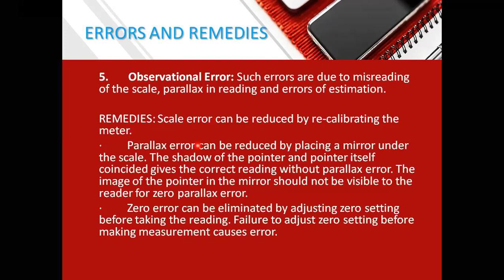The other one is parallax error. We have to take the reading, and there is a gap between the pointer and the scale. So if you look from different views, at 180 degrees on top of the scale, you will see the reading slightly varying. Different angular views will yield different readings. This is what we call parallax error. We can avoid that. To avoid that, a mirror is used. We will see it in remedies.